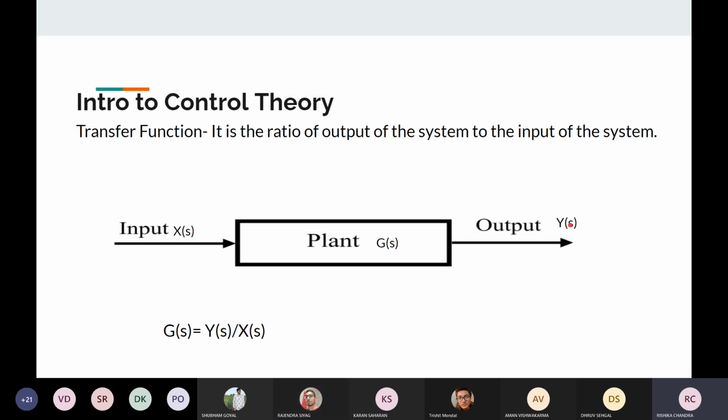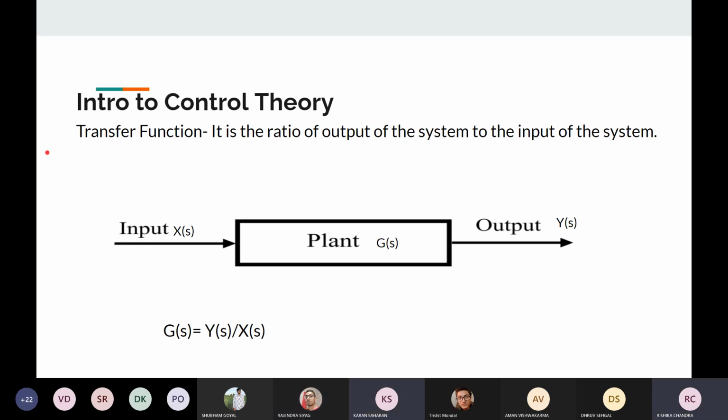Like in the MAN 001 course, you might have studied. Not till now, ma'am, I think. Okay, no problem, if you haven't studied. You can refer to this as the S domain. The S domain corresponds to continuous systems, and there's one more thing called the Z transform. The Z transform corresponds to discrete systems. Hope you all know the difference between continuous and discrete. Yes, ma'am.